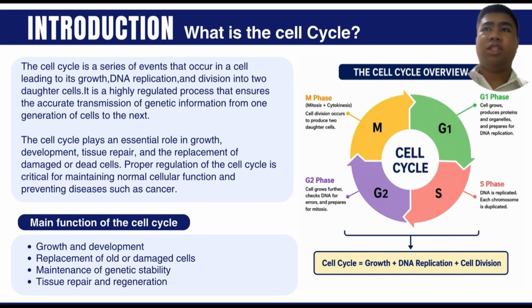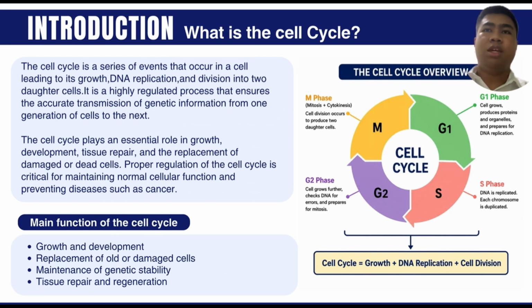Introduction. What is the cell cycle? The cell cycle is a series of events that occurs in a cell leading to its growth, DNA replication, and division into two daughter cells. It is a highly regulated process that ensures the accurate transmission of genetic information from one generation of cells to